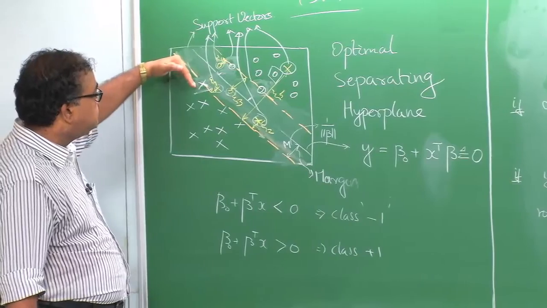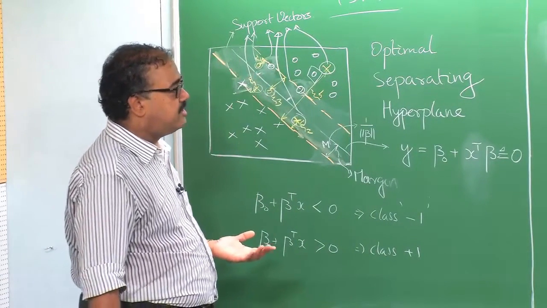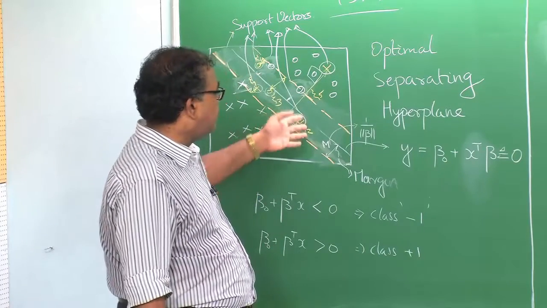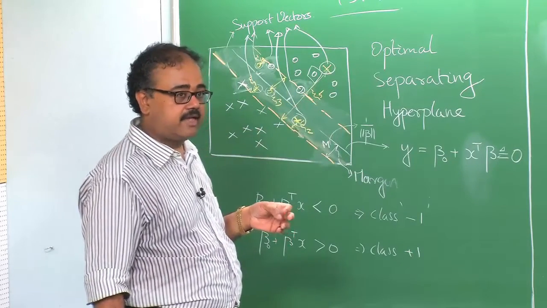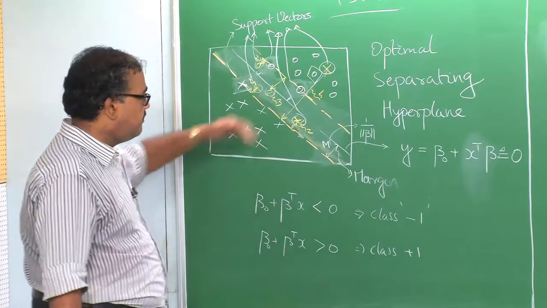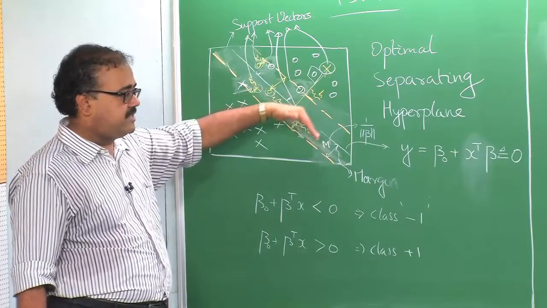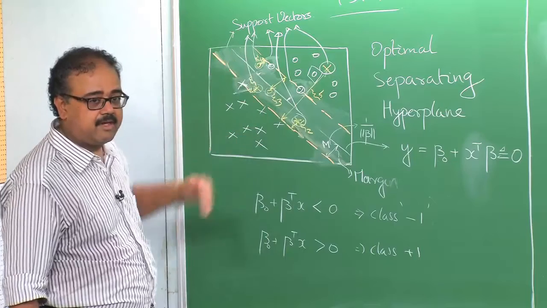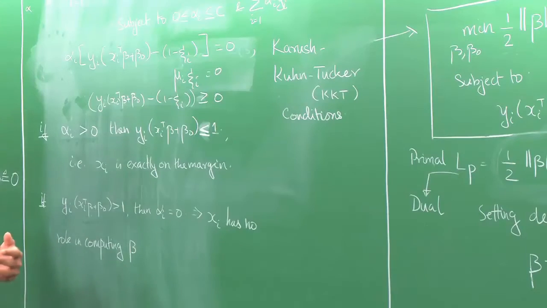When the data was linearly separable, we had a very easy solution, but when the data is not linearly separable, we have to allow for the possibility of data points lying on the wrong side of the margin. When we do that, we can take advantage of this and push our margin away by allowing data points which are correctly classified but are within the margin. A small fraction of such data points are permitted, and that allows us to expand the margin a little bit, and so we can come up with a solution.